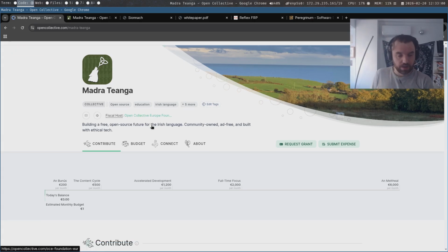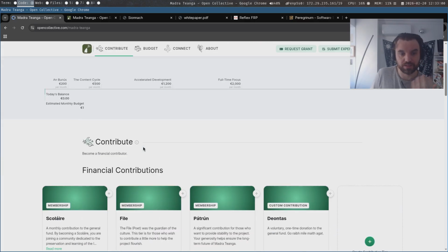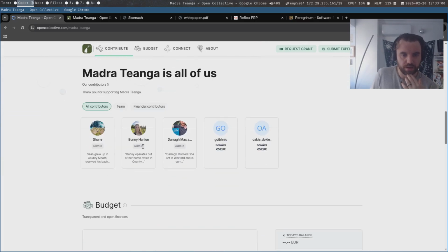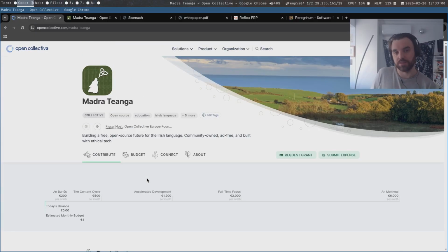We wanted it so that any donations coming into the app go directly back into the app, paying for content, paying for better apps and stuff. And as the app grows, this should snowball, right? This is done recently, and at the end of this month I will move all of the money donated to Patreon across into Madra Teanga.